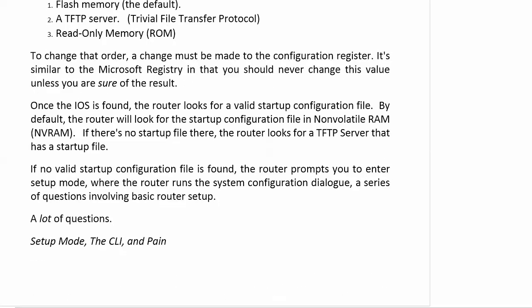And what happens here is that by default, the router is going to look for the startup configuration file in non-volatile RAM, NVRAM. Now, if there's no startup file there, the router is going to look for a TFTP server, again, that has a startup file. If no valid file is found in either one of those places, the router is going to prompt you to